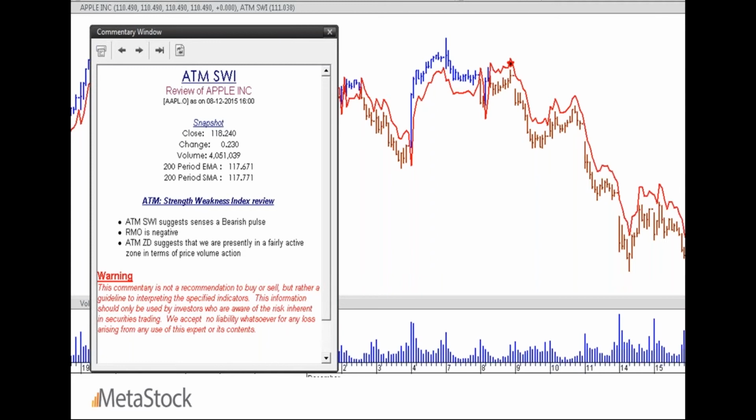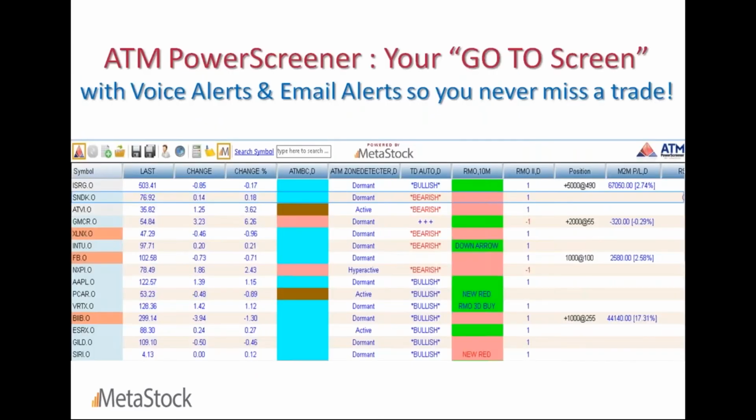It reduces the dependency on you to manually run scans, because come on, how many scans are you going to run, and every time you've got to remember, hey, I'm looking at an hourly chart, so every hour I'm going to run these 3 or 4 scans. So it just eases up the process and helps you do the shortlisting so much more efficiently. So that's what the Power Screener looks like.